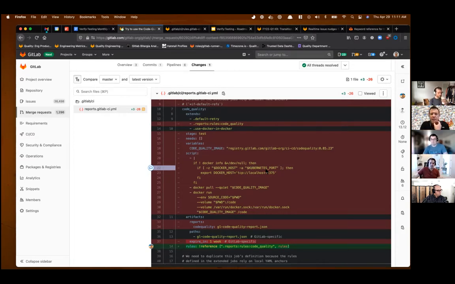This might be an interesting hack around the threshold for code quality too. I don't remember if there's a way to say, don't show me things underneath this within, I just don't remember how that works. So I don't know if it would work for that, or if we need to actually do something in the code climate YAML for it. But anyway,